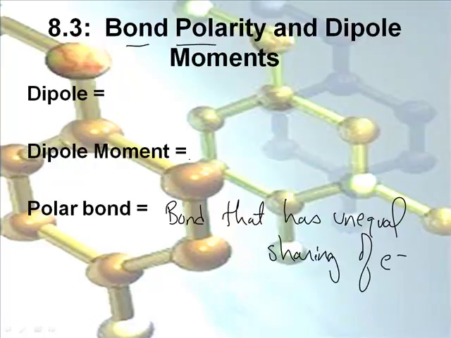And then a dipole moment. A lot of people get this confused. On the AP test, they like to use this term, dipole moment. It is when you have a polar substance. Now let's talk about polar. What does that word polar mean? Polar means it has an end or 2 ends. It's got like a positive end and a negative end.